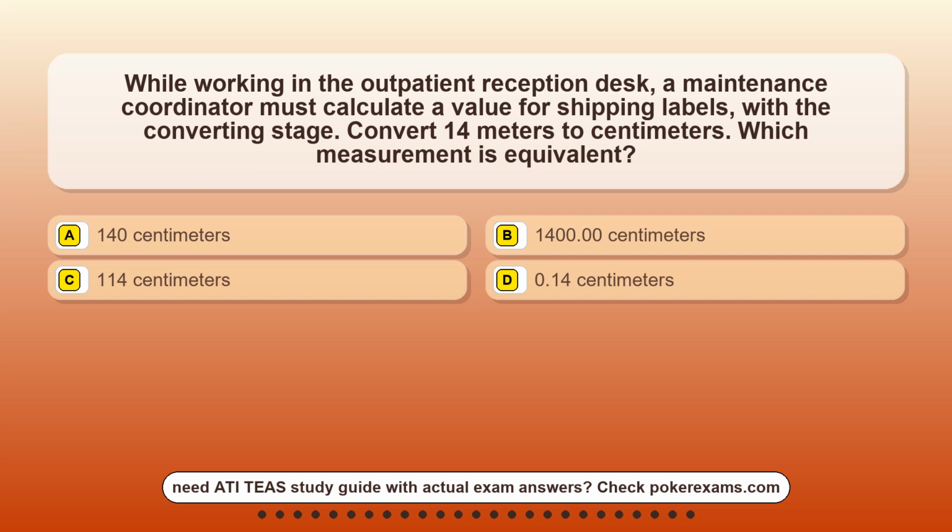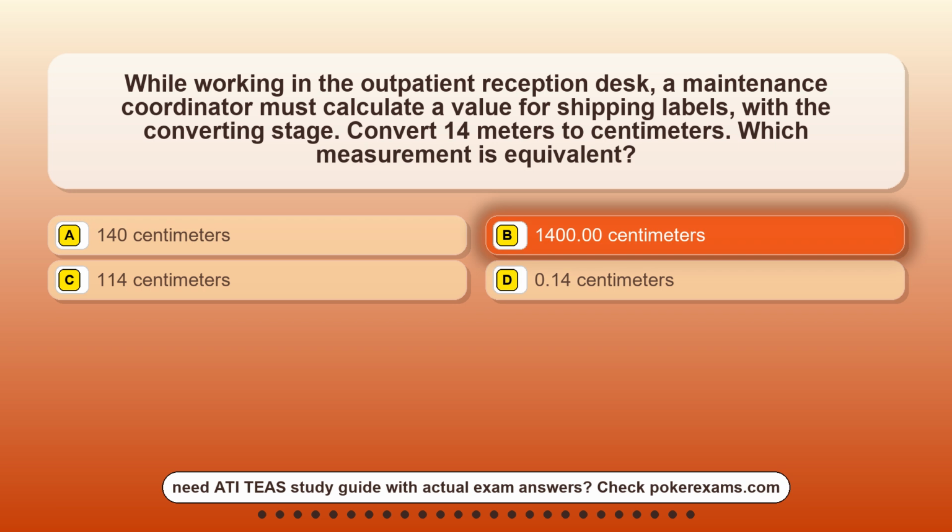Question 4. While working in the outpatient reception desk, a maintenance coordinator must calculate a value for shipping labels, with the converting stage. Convert 14 meters to centimeters. Which measurement is equivalent? Option A, 140 centimeters. Option B, 1400.00 centimeters. Option C, 114 centimeters. Option D, 0.14 centimeters. The correct answer is option B,